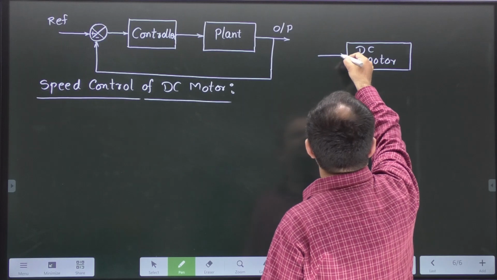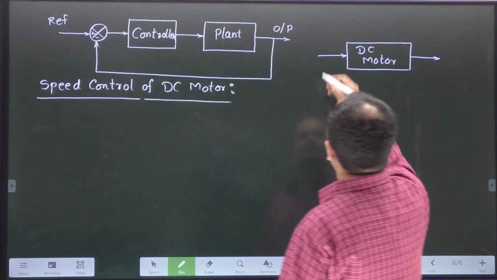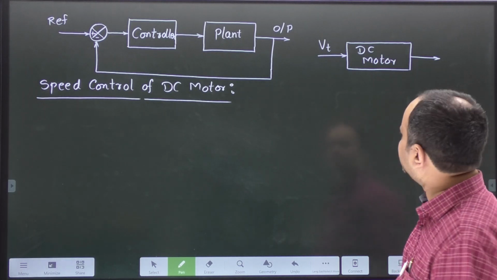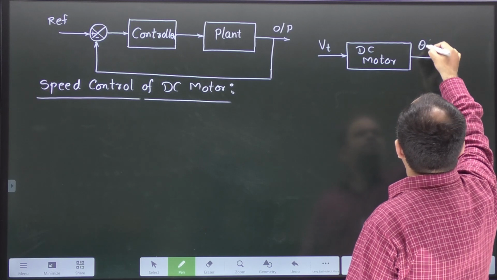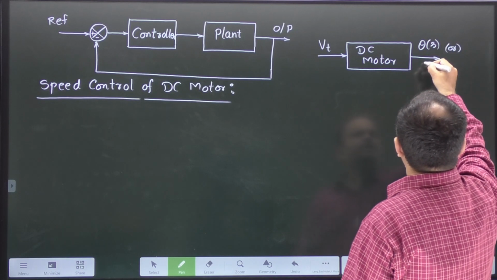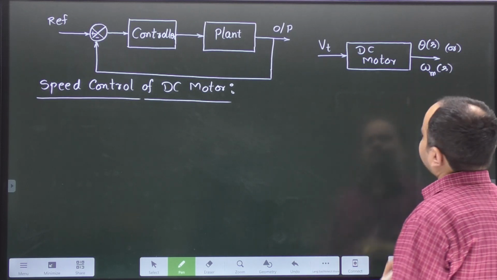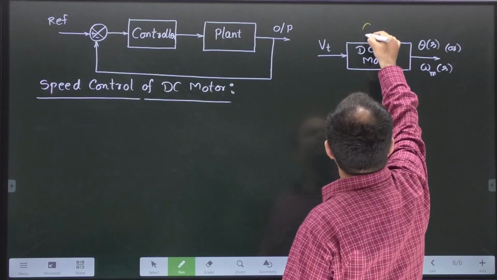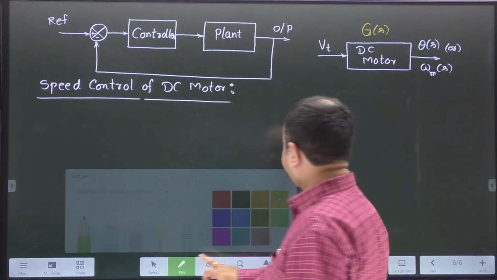So for this DC motor, what could be the input? Obviously, that is the armature voltage, denoted with Vt, the terminal voltage given to the armature. Now the output will be either position, represented with theta of S, or in a speed control application, omega m of S. Therefore, when you are talking about speed control of a DC motor, what is the transfer function that is